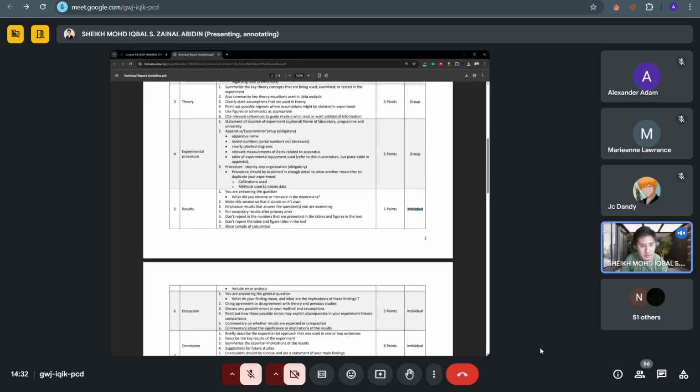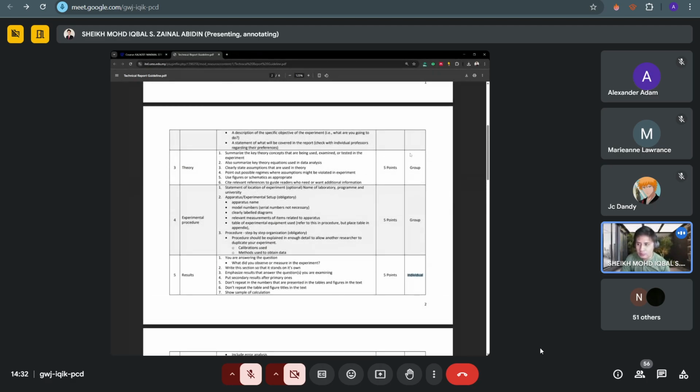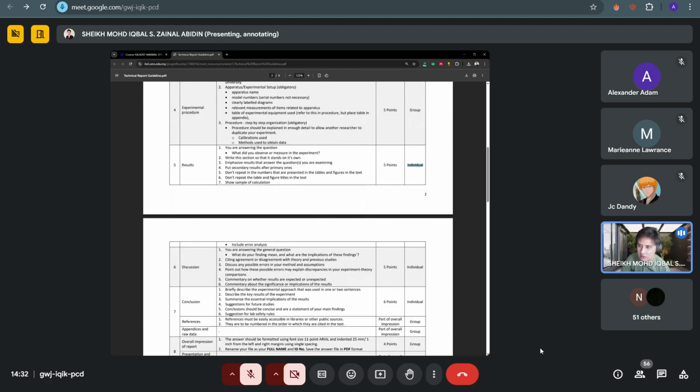Who is going to compile? It depends on the group leader, right? The group leader can compile everyone's work, or you can assign your group members tasks, right? Who will be doing this, who will be doing that, whatever you need to do. I don't need to know that. That's between you and your team members. But at the end of the day, when you're submitting, it's only one lab report per group, right? For group assessments, you only need to submit one, but for the individual results, everyone needs to submit their own findings inside the one lab